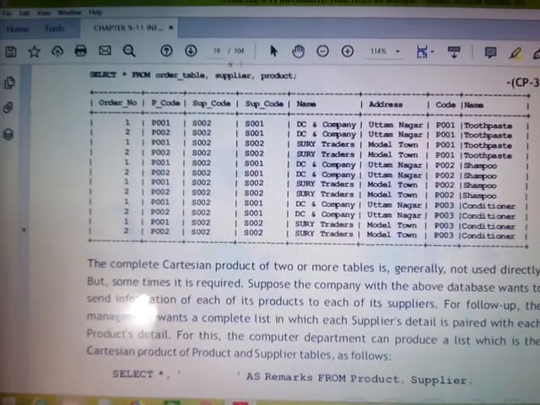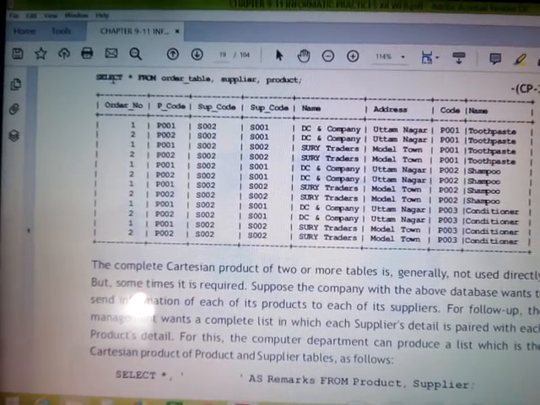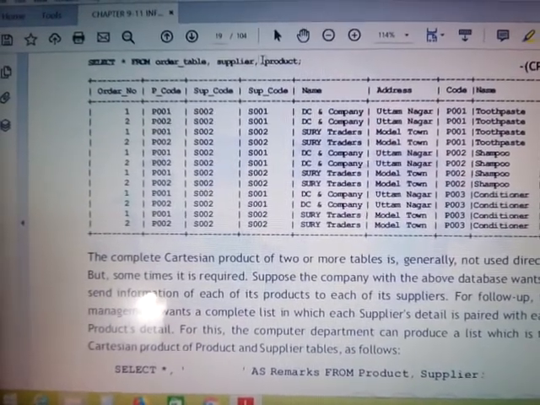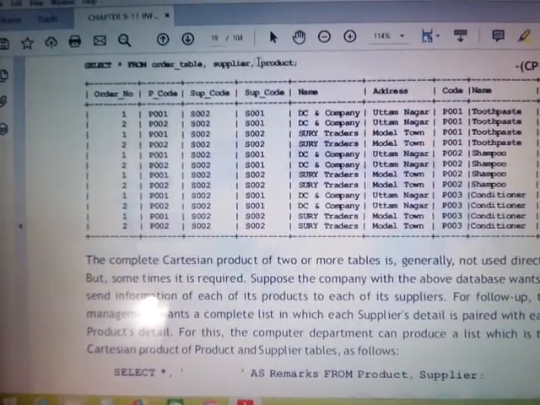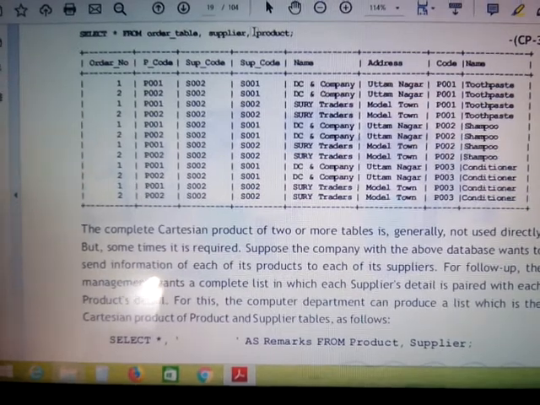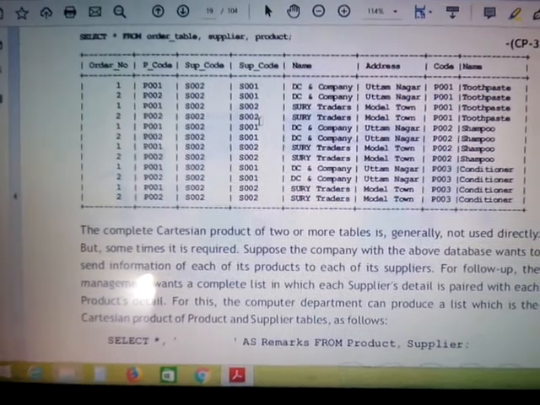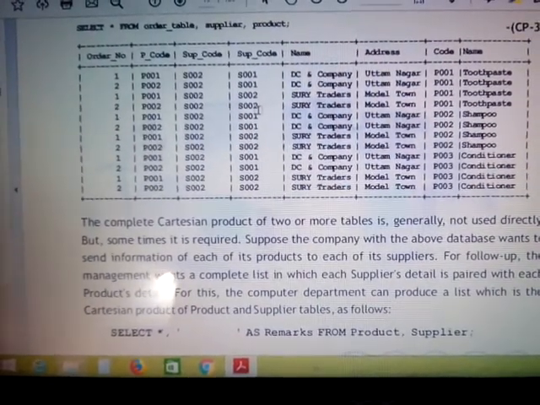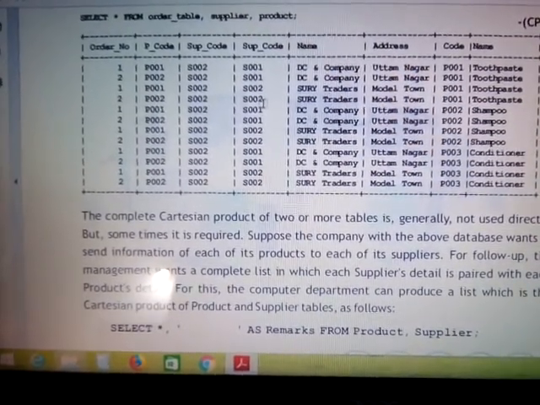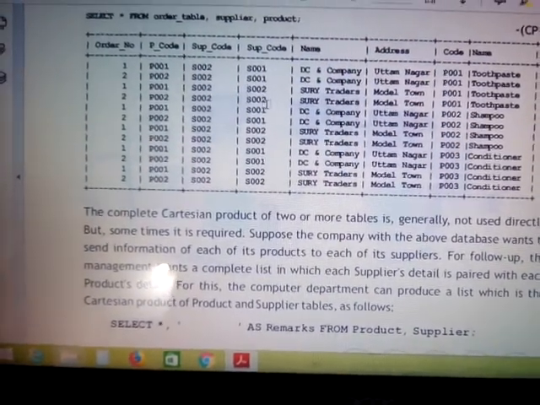So what you have to do, first of all, you have to check for these 2 tables. That means first of all you have to make the output for these 2 tables, order table and supplier table. Okay, then the output which is formed is to be combined with the third table, that is product table. Okay, so this is the output in case of these 3 tables, that is order table, supplier as well as product table. This can even be asked in the examination, and I think once I have seen that output is asked, what can be the output. So it is of 2 or 3 marks. So please, if this is not clear, do let me know.